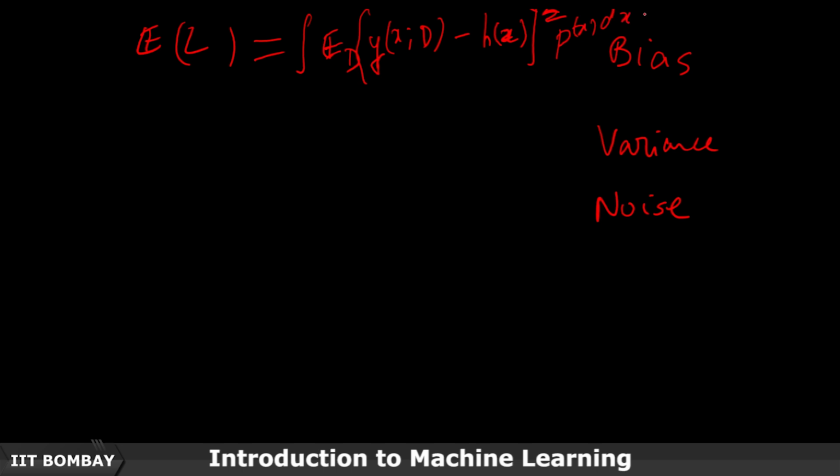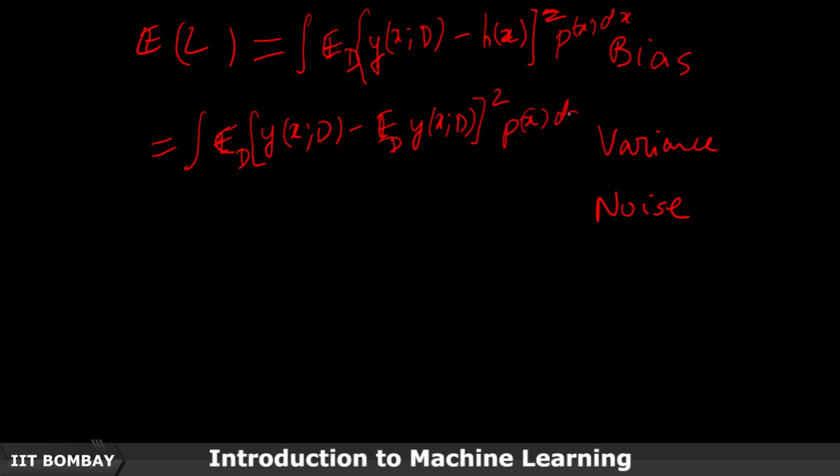So this is the first term and that is the bias term, and the second term that we will get is this integration of the expected value, again given the data, of y as a function of x and d, okay, minus the expectation of the same thing, y as a function of x comma d, okay, square, and this will again be p of x dx,